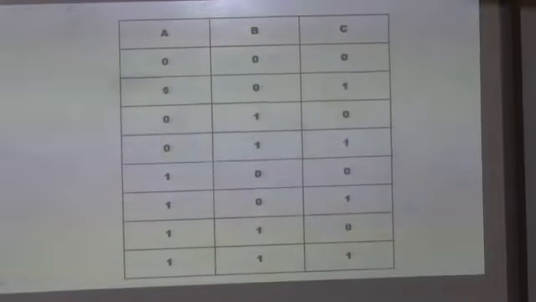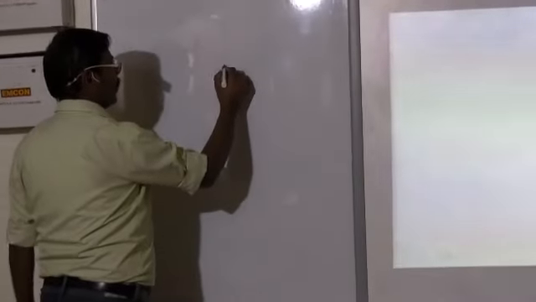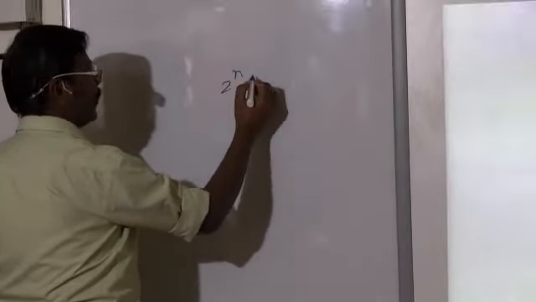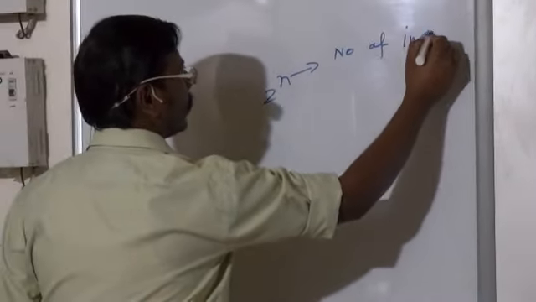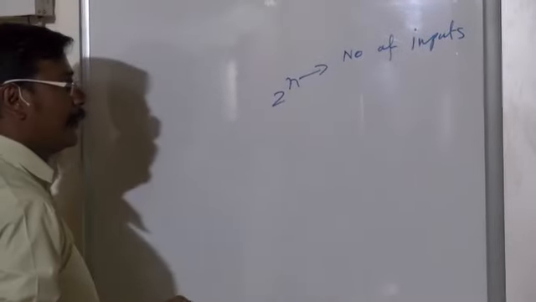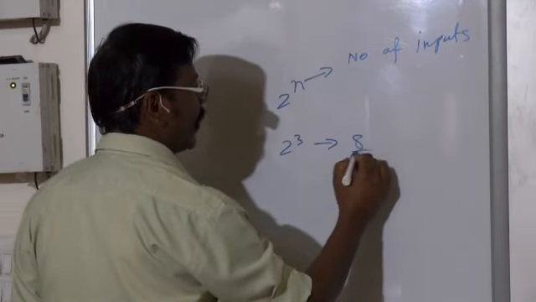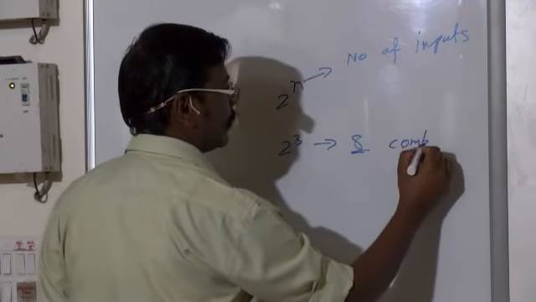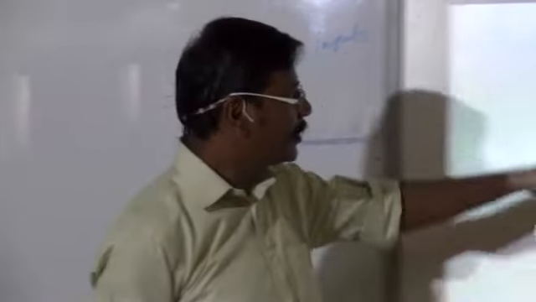So when we speak of a 3-input truth table, remember this formula: 2 to the power n, where n is the number of inputs or literals. Here we have got 3, so 2 to the power 3 is 8. So we need 8 rows or 8 combinations in the truth table, since we are doing it with 3 inputs. If it was 4, it would have gone to 16. Fine.